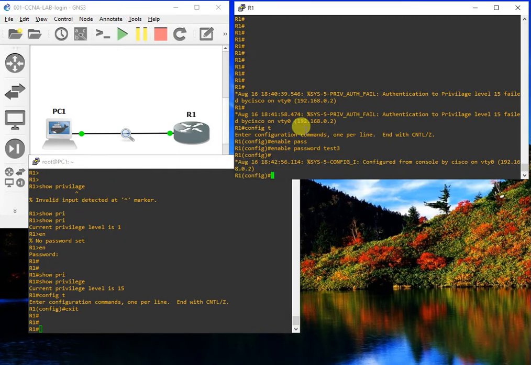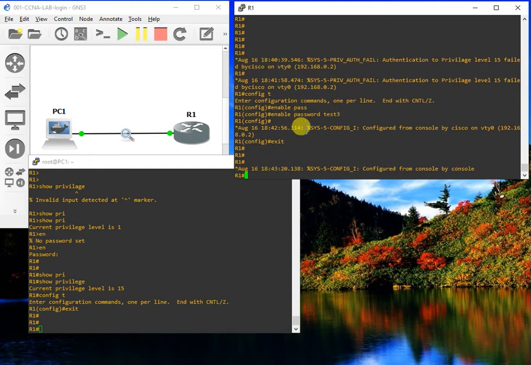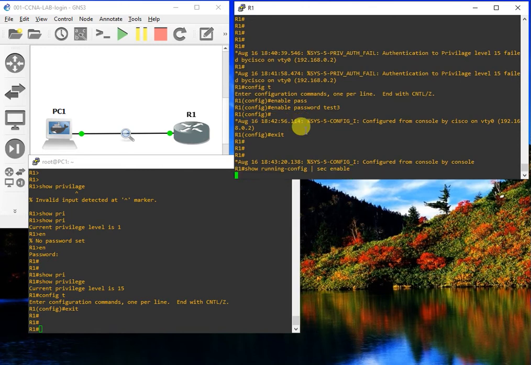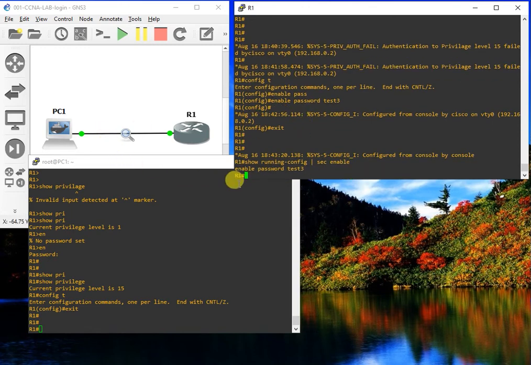Now the next thing I want to show is about the password set in the enable password, and whether it is visible or not. So, show running configuration section enable. Okay, the enable password we set for the privilege mode is test3. See, it is shown in the configuration. Again, this has to be encrypted, meaning we need to have